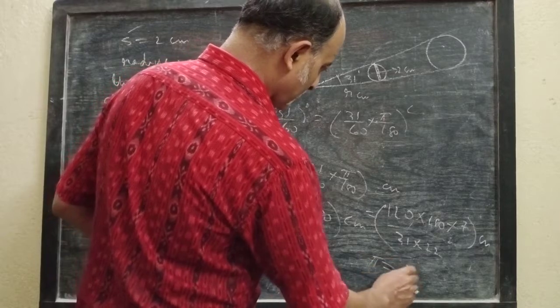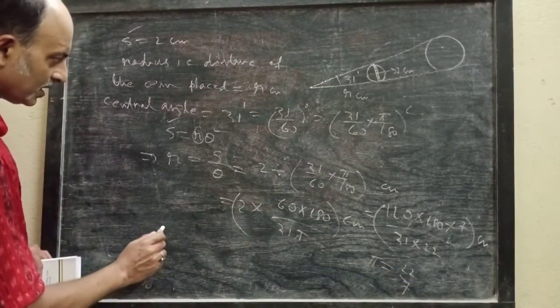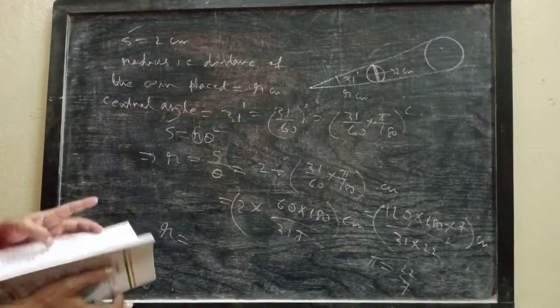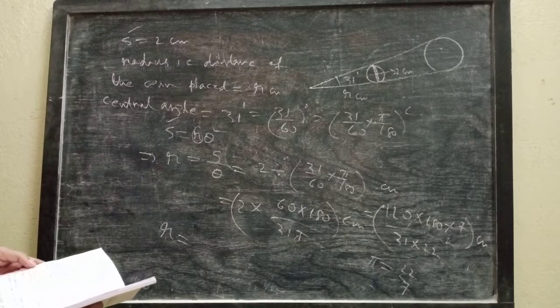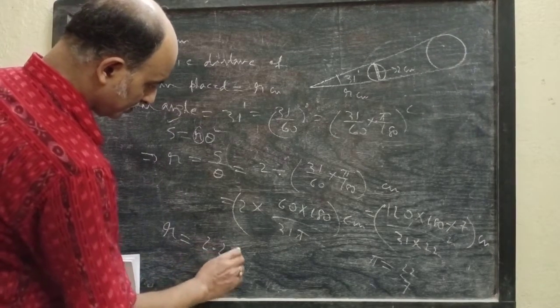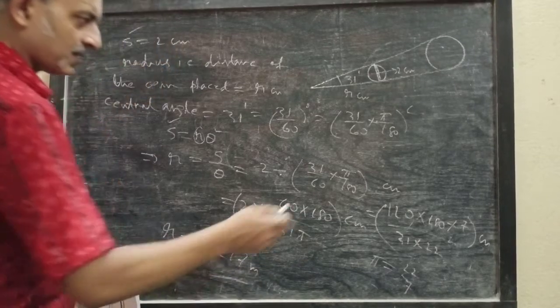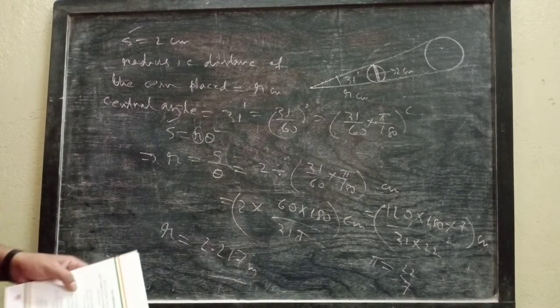Mention that you have taken pi equals to 22 by 7. And after calculation you will get r equals to 2.217 meter. Just calculate it, you will find this result. So the coin should be placed at a distance